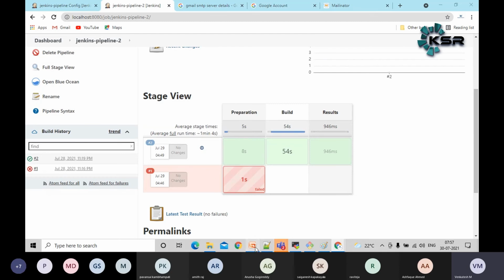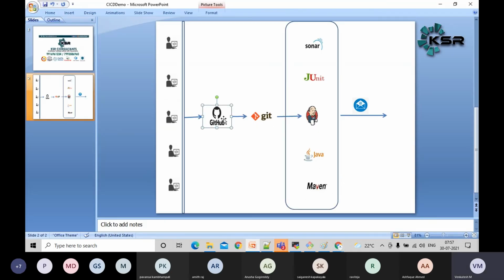Whatever you're seeing on the screen: GitHub, same concept, it will clone the code using GitHub. It will process through SonarQube, Maven, JUnit test cases. If there are some failures, it will send a notification. This is only the CI part, guys. The CD part I will cover once we have covered all this tool stack, like Git client, Maven. Once we complete everything, then we can start with the actual CD part, guys. First of all, we're only focusing on the continuous integration part.